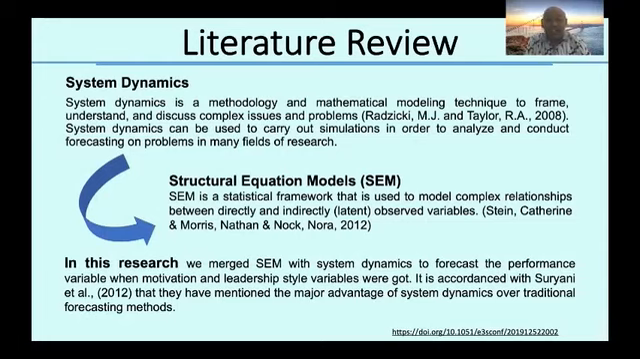SEM is a statistical framework that is used to model complex relationships between directly observed and indirectly or latent variables. In this research, we merge structural equation model with system dynamics to forecast the performance variable when motivation and leadership style variables are given. It is in accordance with previous research that mentioned the major advantage of system dynamics over traditional forecast